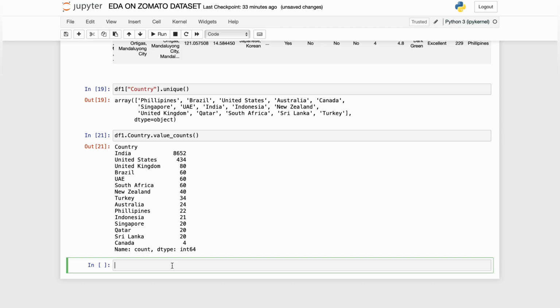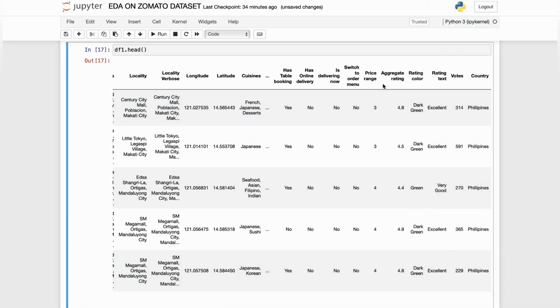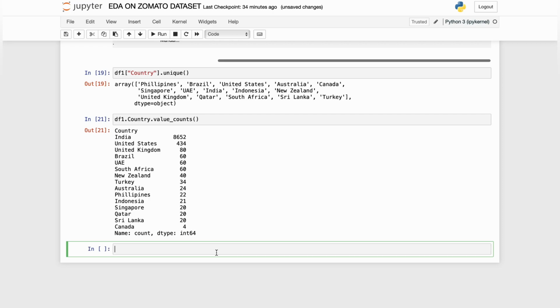is going on. Once we are done with this, we can use the group by function here in order to ascertain the cumulative effect of the data on the other variables. For example, we can use aggregate rating, rating color and rating text in order to ascertain which country has the maximum number of ratings on certain steps. So for doing this, we will use the group by function here. For using it, we'll pass a command that is df1 dot group by